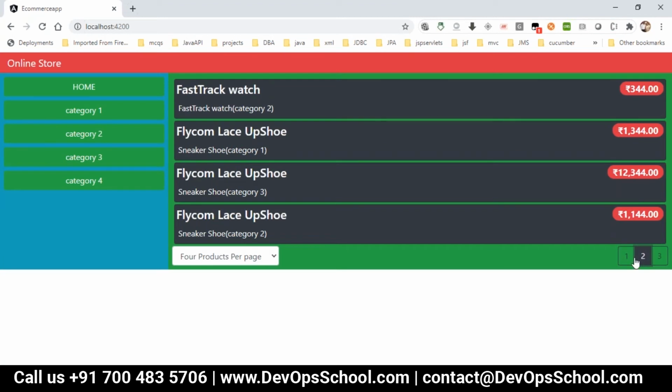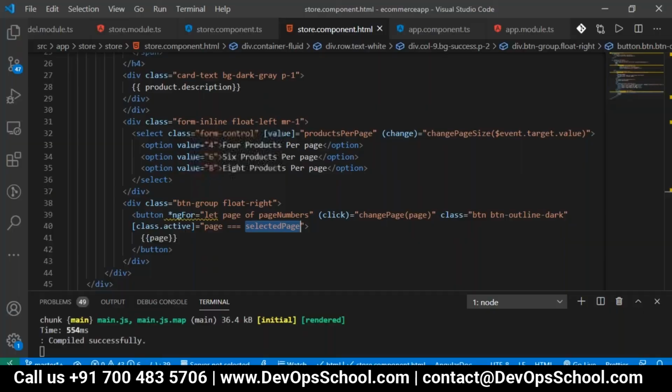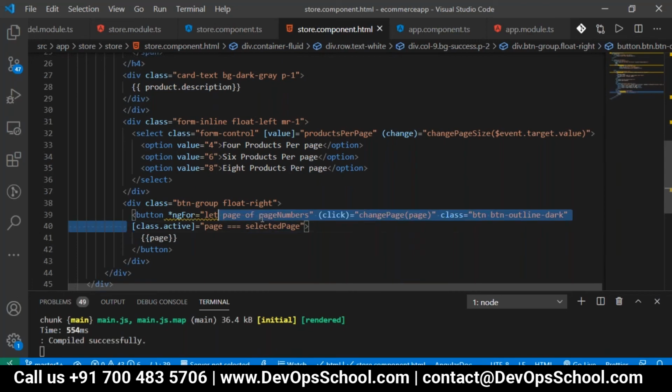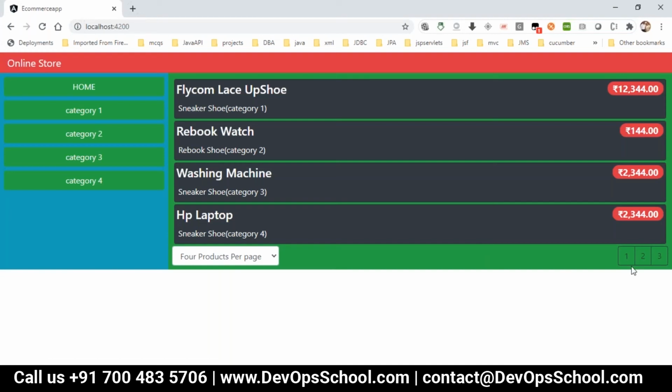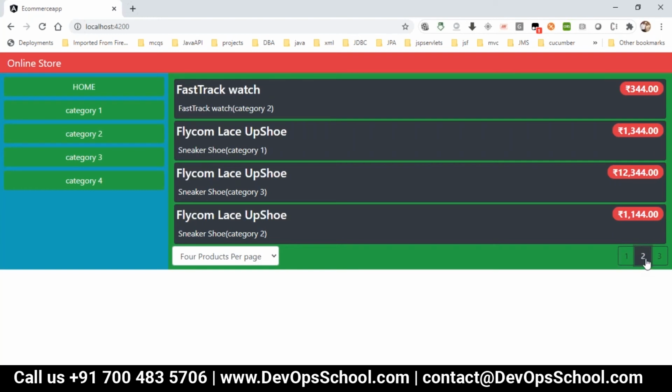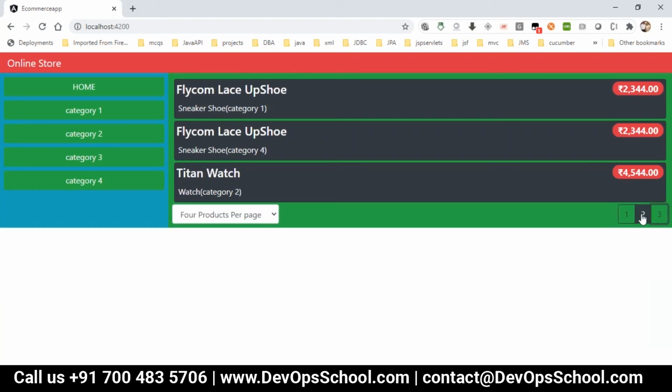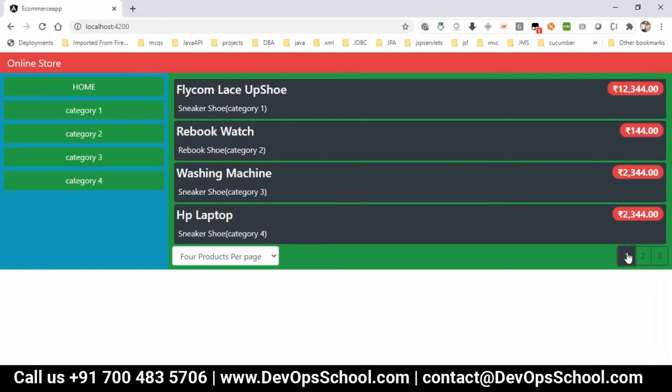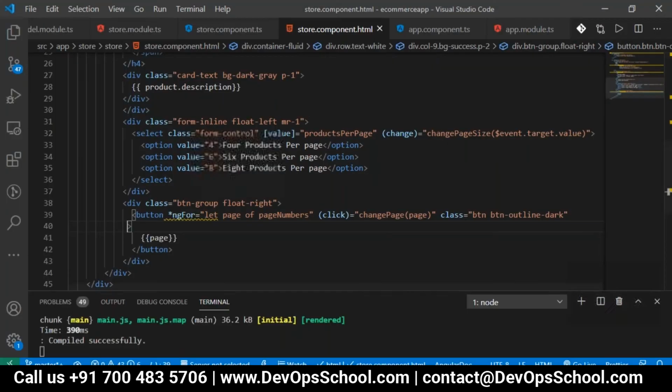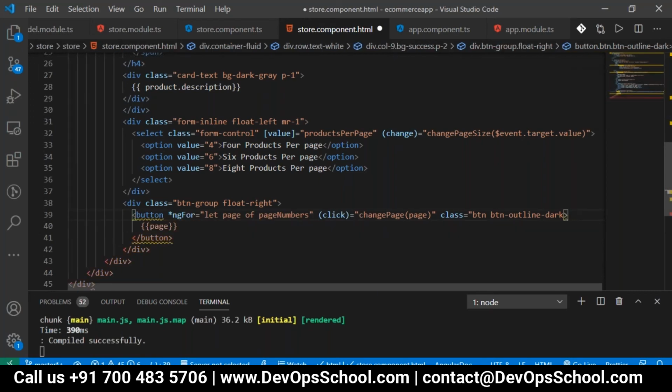Without that it will work the same, but if I'm not giving this class active for page equals selected page, just have a look. It is selected, but as I move, the black color is moving, right? So if you want just the styling itself, you can go with that. But if you also want the selected page to be highlighted, then you can use that style. It depends on the UX or the view you have to give. If you don't want that view, then we can just go with this.